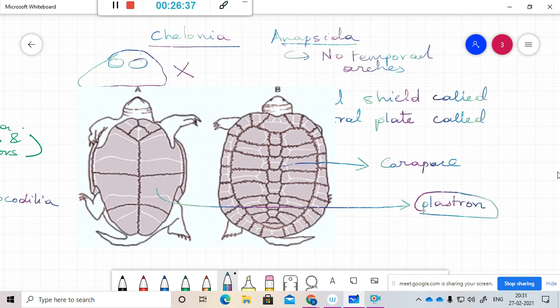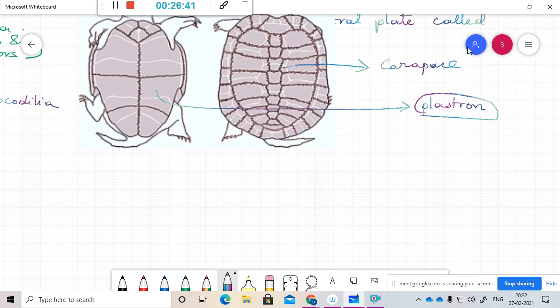This is a characteristic feature, and the other characteristic features of these are